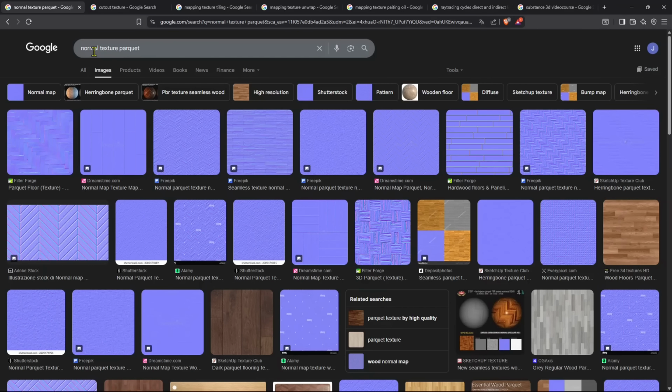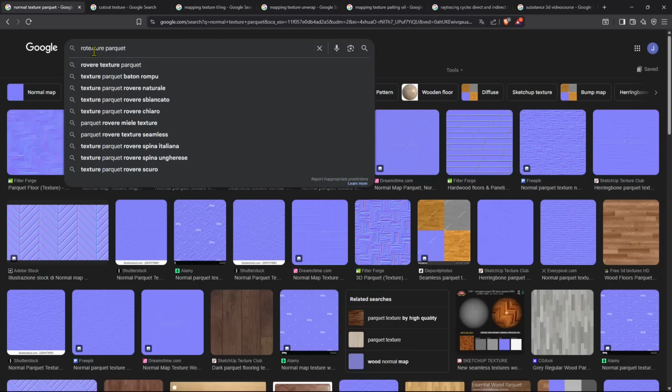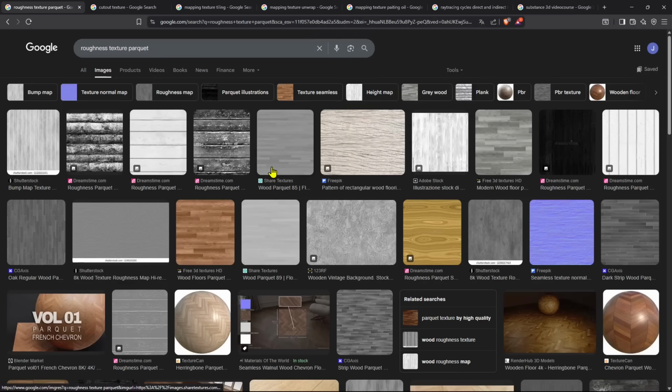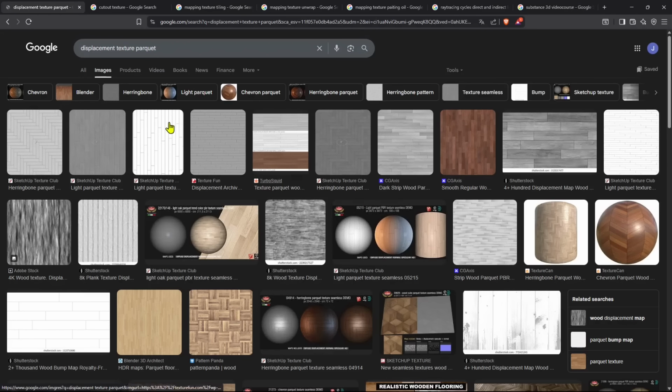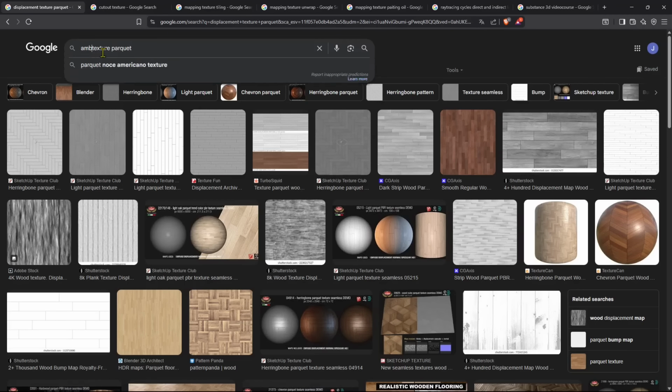So you need a normal texture, you need the roughness. Usually the normal is purple, roughness is black and white, also like the bump, which is similar to normal, and displacement. These are all for creating 3D superficial effects or 3D extrusion, and they are black and white. The white is the maximum of the effect, the black is the minimum, the gray is something in between. And then you have ambient occlusion, which basically represents the